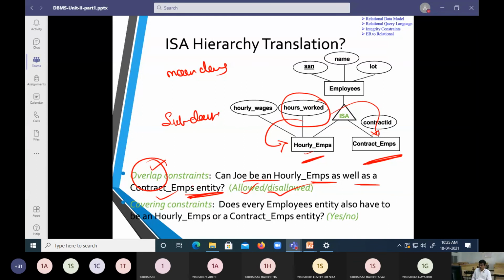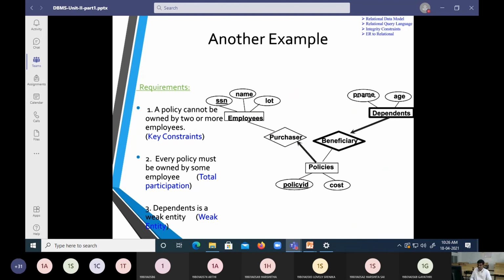Next one, does each employee entity have employee hours or contract entity hours? Answer is yes here. So when we call it a covering constraint, everybody is going to be paid. They are going to have hourly wages, and you are going to pay it. So it comes under a term called covering constraints.